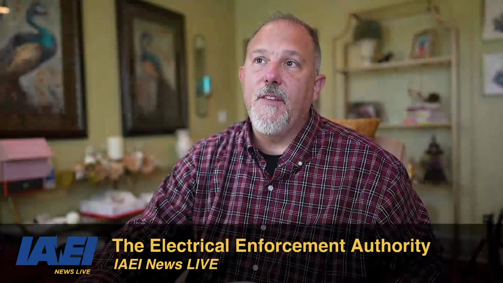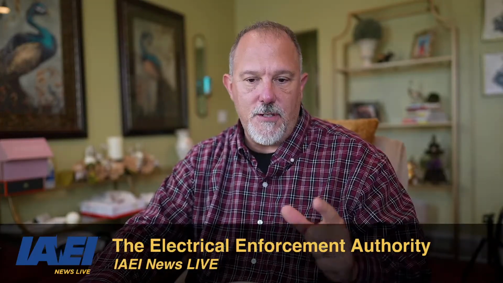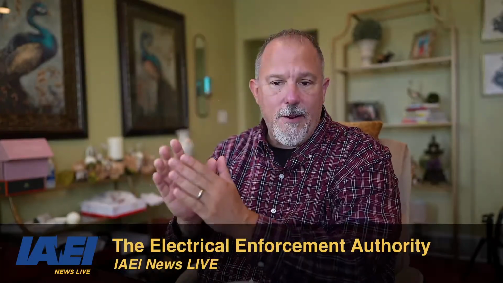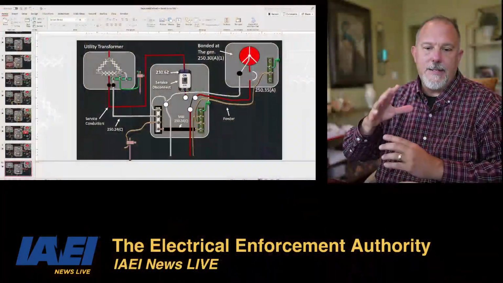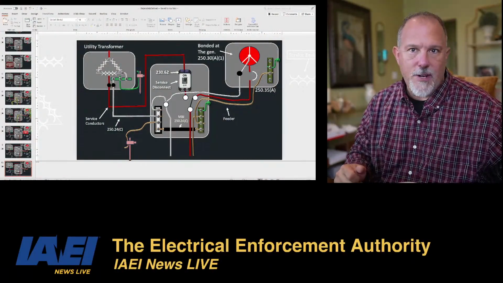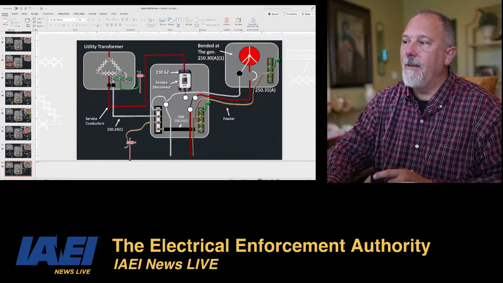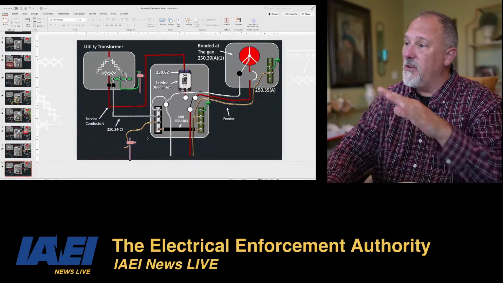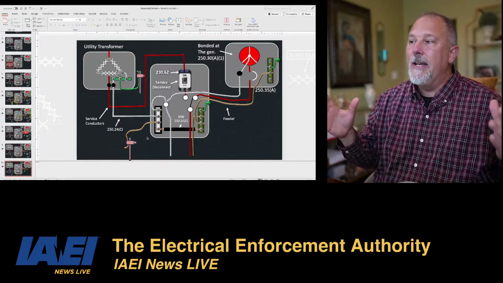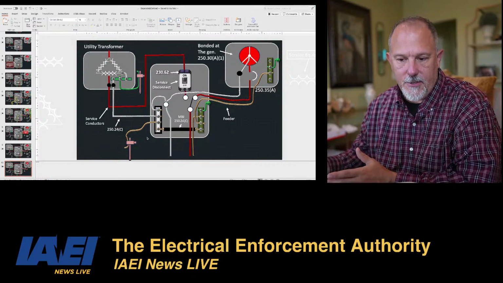All right, but if you look at the instructions for these types of applications for the generator, it'll tell you exactly where you need to disconnect that bond inside the generator. You don't need to go buy a brand new transfer switch. Just make sure that you separate that, and you're not switching the neutral, so you're still bonded, you're still grounded to the grounding electrode system, the whole jazz. You're just switching the hot conductors, or your ungrounded conductors.